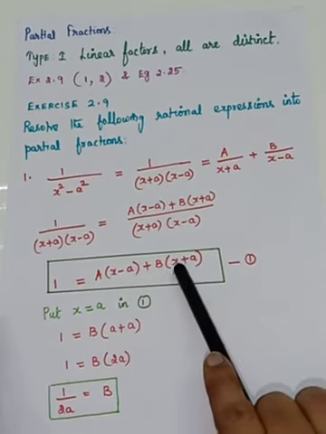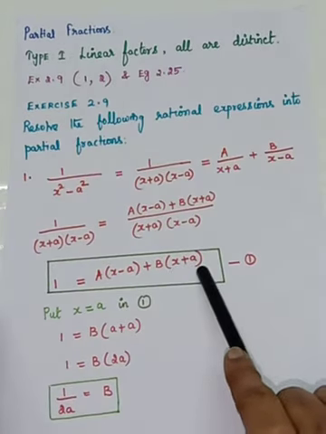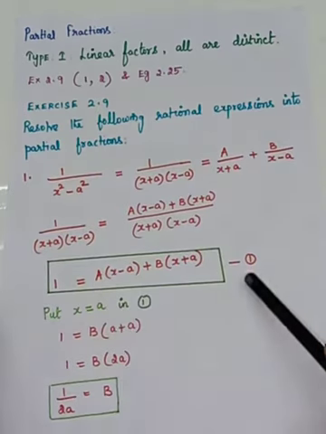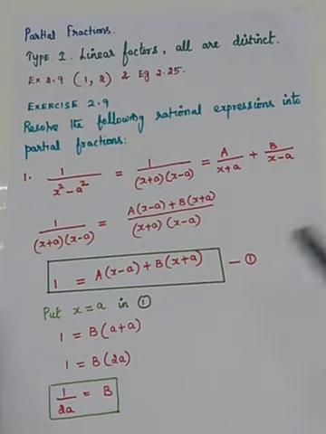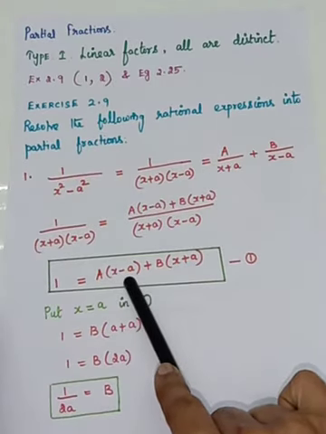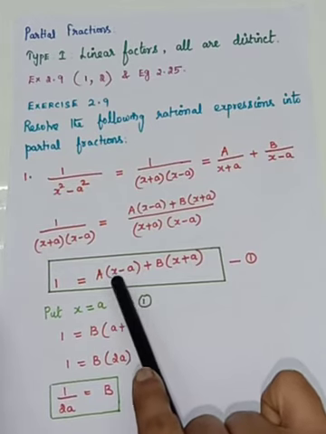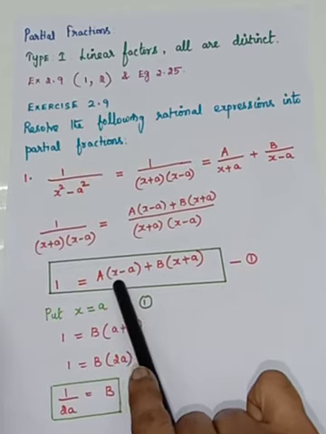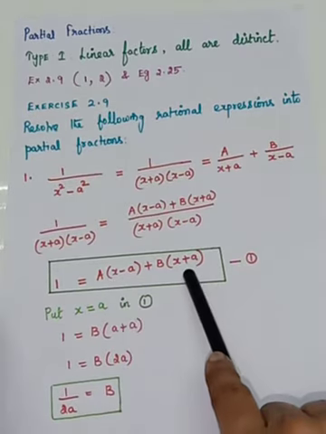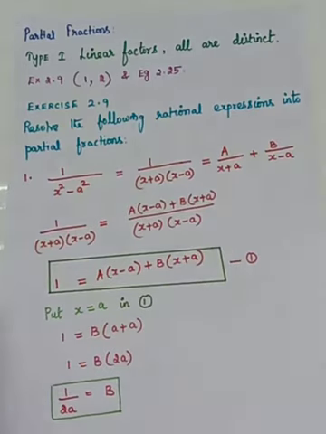Suppose if you substitute x is equal to minus a, this term will become 0, and you can get the value of a. So in this step you have to find the value of a and b. For that, see the linear factor, what is here? X minus a. You have to make this 0 first. To make this linear factor 0, you have to substitute x as a, or x as minus a.